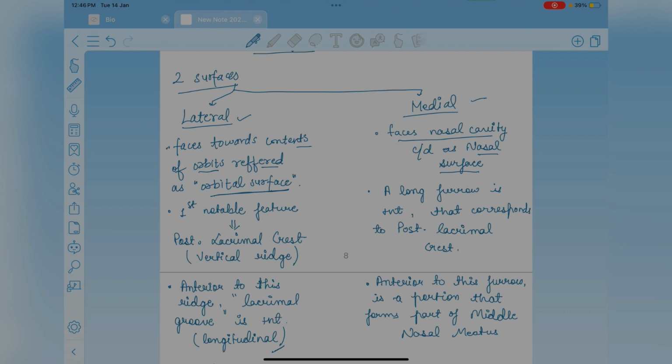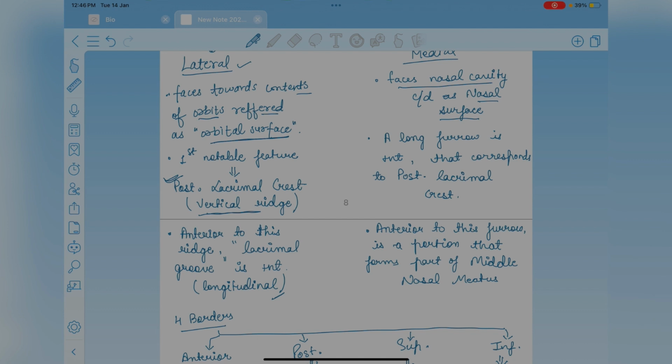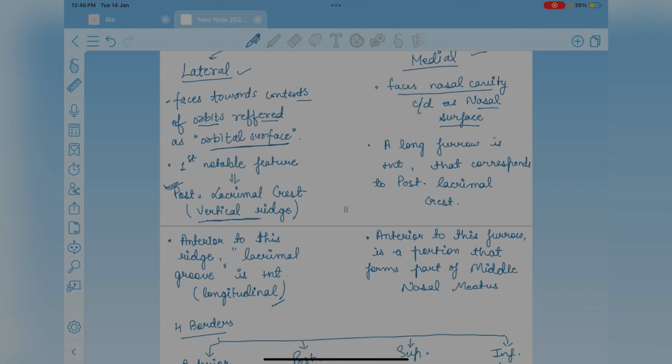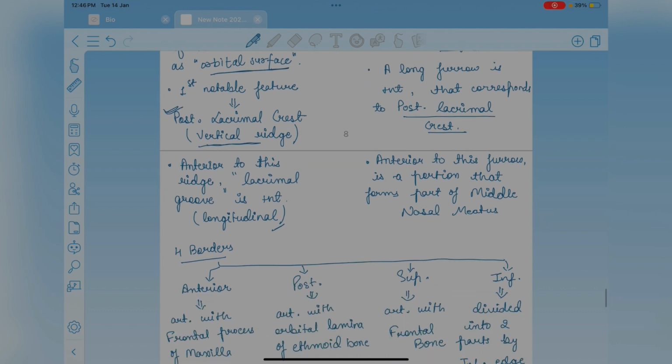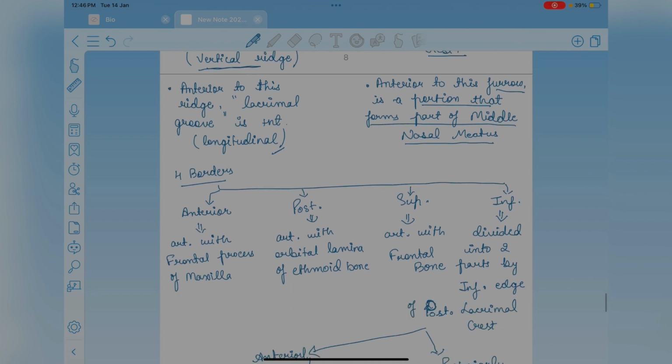On the lateral surface, the first notable feature is the posterior lacrimal crest, which is a vertical ridge, and anterior to this ridge there is a lacrimal groove that is longitudinally present on the lateral surface. On the medial surface, a long furrow is present that corresponds to the posterior lacrimal crest, and anterior to this furrow is a portion that forms a part of the middle nasal meatus. Moving forward to its borders, there are 4 borders. The first is the anterior border that articulates with the frontal process of the maxilla. The posterior border articulates with the orbital lamina of the ethmoid bone, and the superior border articulates with the frontal bone,